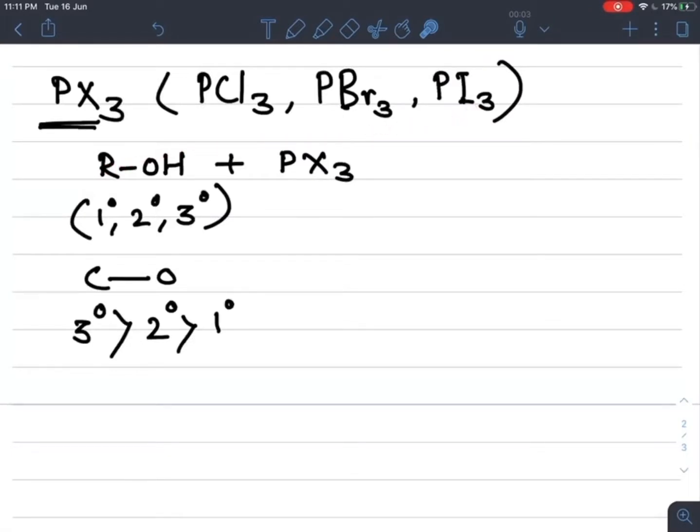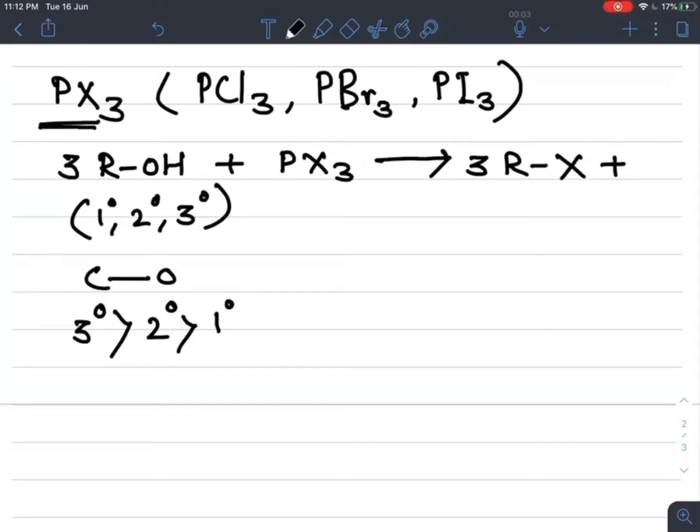So we get its corresponding alkyl chloride, alkyl bromide or alkyl iodide, but we can see here the general reaction. So when this reaction takes place, what happens here? In PX3, 3 halogens are there. So 3 halogens replace these 3 OH. So for the balanced reaction, we require here 3 molecules of alcohol, and we get 3 molecules of RX plus,